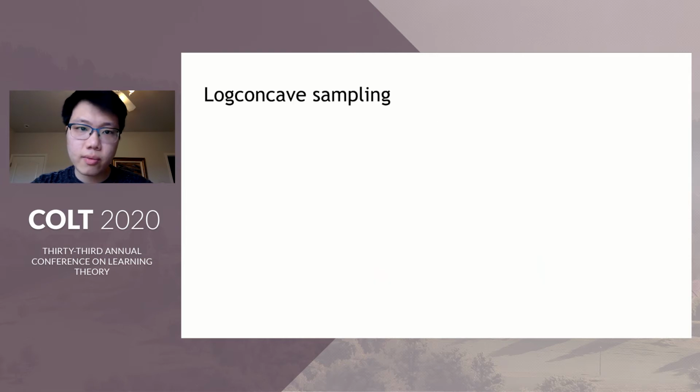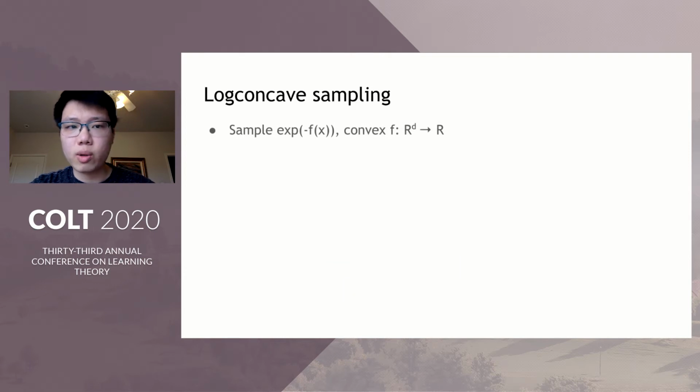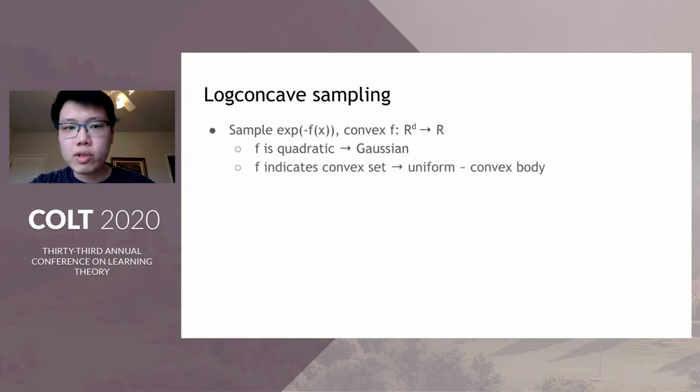So let's get started. This paper studies log-concave sampling, which is the algorithmic task of sampling from the density proportional to exp of minus f of x, where the function f is convex. So let's see some examples. When f is quadratic, this is asking you to sample from a multivariate Gaussian. And when f is the indicator of a convex set, this is asking you to uniformly sample a point from